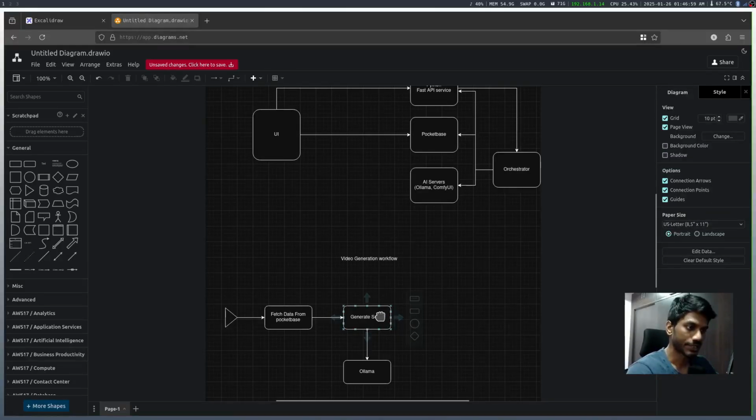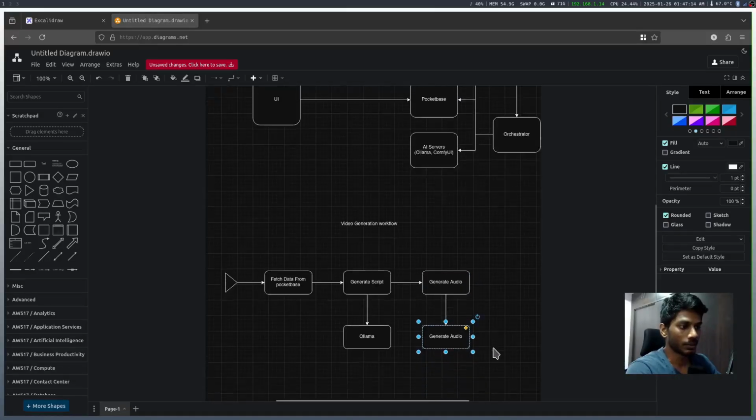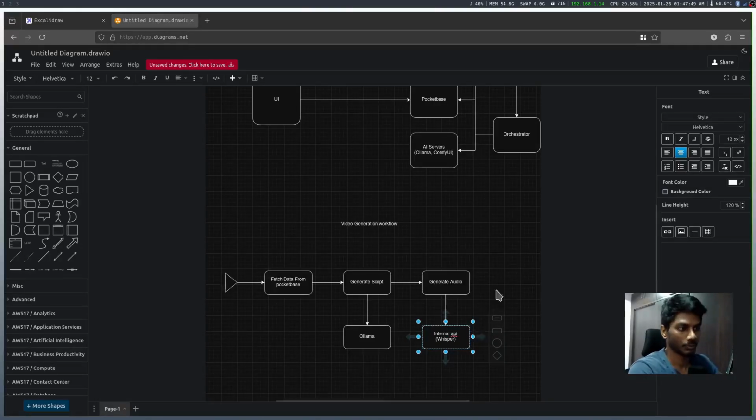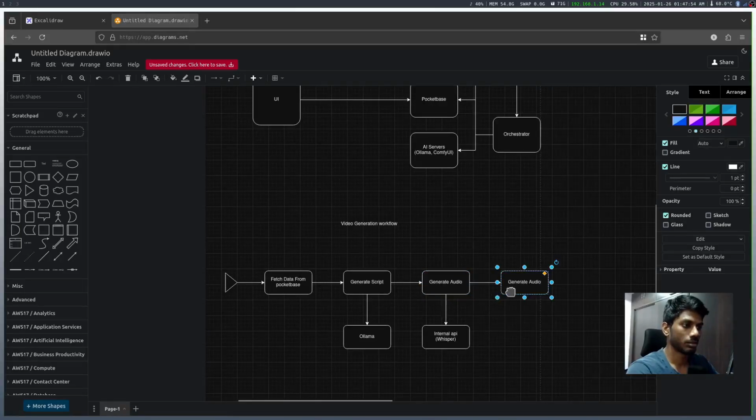So once you generate the script, then you need to generate the audio for it. So generate audio. And again, this will call the FastAPI service internal API, and then I might be using something like Whisper to actually generate the audio. Whisper, right? So once the audio is generated, I'll store the transcription and everything back to this,